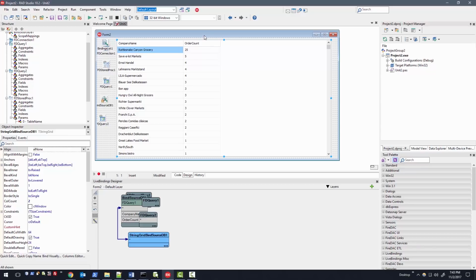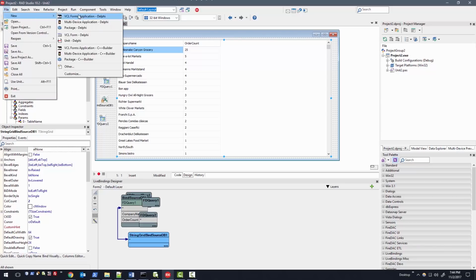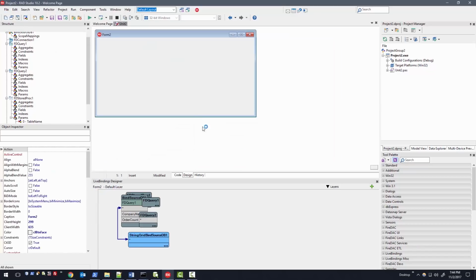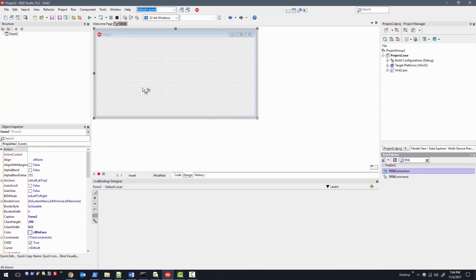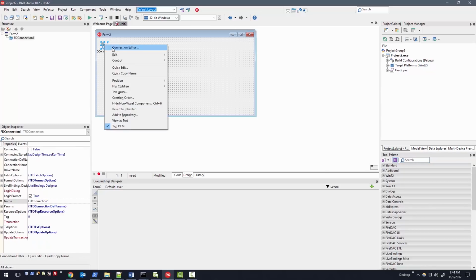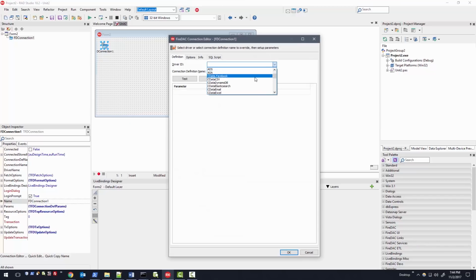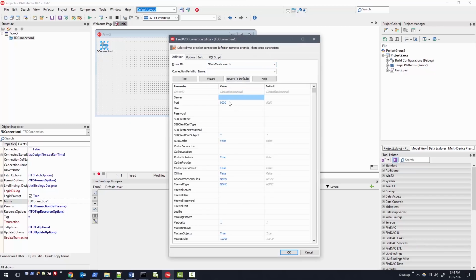FireTech components. And additionally, in regards to metadata, I'm going to show another example here with Elasticsearch, and specifically about how we perform some additional metadata and dynamic metadata discovery. And so I'm just going to go ahead and do a new VCL forms application here. I'm going to go to the connection. And so I'm going to set up, I already have Elasticsearch installed here as well. So Elasticsearch,